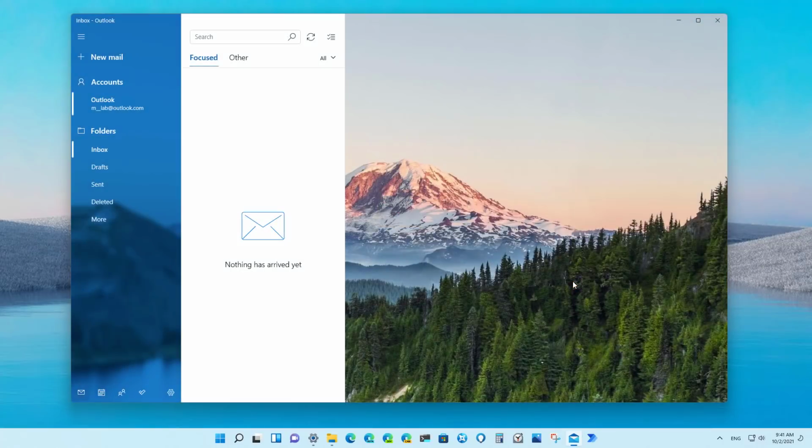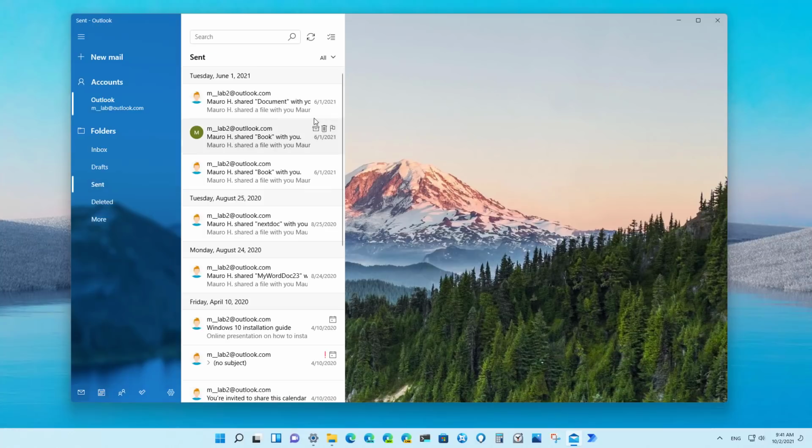Microsoft has also updated the inbox, mail, and calendar apps, but everything is pretty much the same as before. It's just some rounded corners here and there, as you can see right here in the search box. Right here, I don't know if you can notice, but this notch right here has rounded corners, and nothing else has changed. And the reason might be because the company is still working on a new application that we might